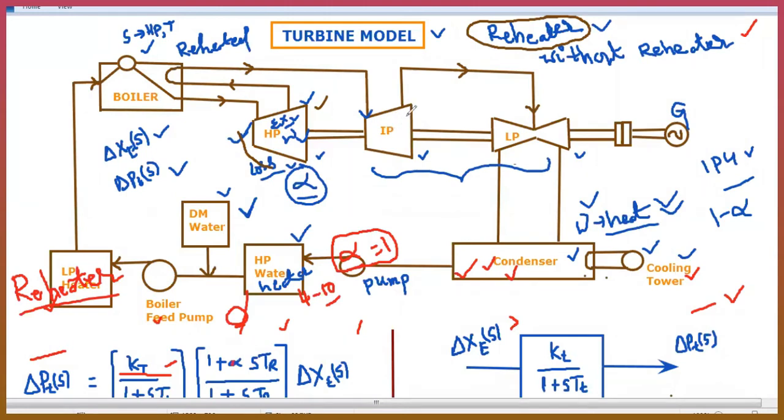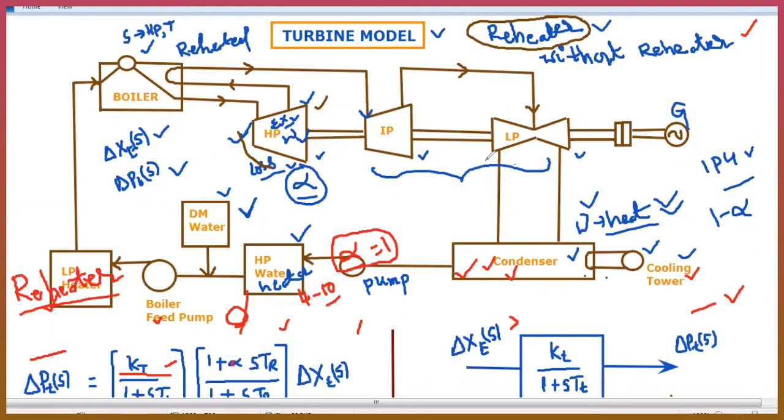and after useful work is done here, again the output of the IP is connected to the input of the LP, so that again the same process of work is done on the vanes of the turbine, and it is also rotated, so that all the stages of the turbine are coupled to the same shaft and start rotating, so that the generator is also rotated and you will get the output.